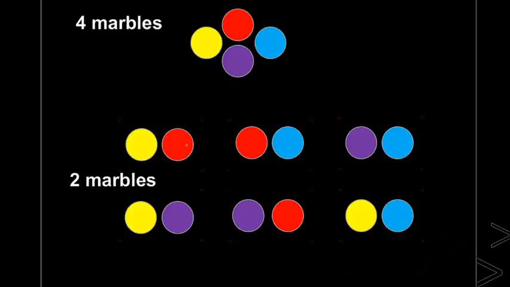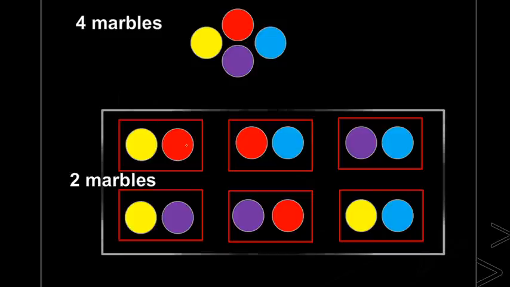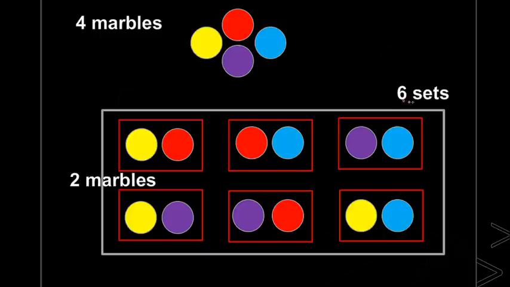Okay, so count all these pairs. So total of how many pairs do we have here? We have a total of 6 sets. Okay, this 6 set is what I call as combination. Okay, from a set of 4 marbles, I'm choosing 2 marbles. Yes, in how many ways can we choose them? We can choose them in 6 ways. This 6 ways is what we call as combination value. Is it clear? Okay, so now the mathematical terms which we'll use here.